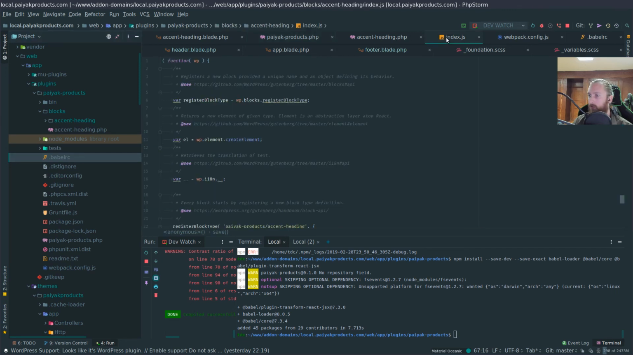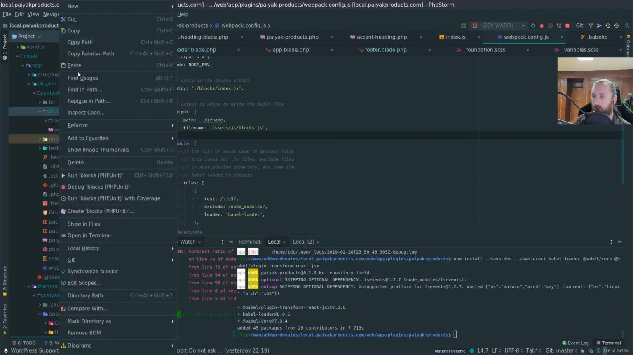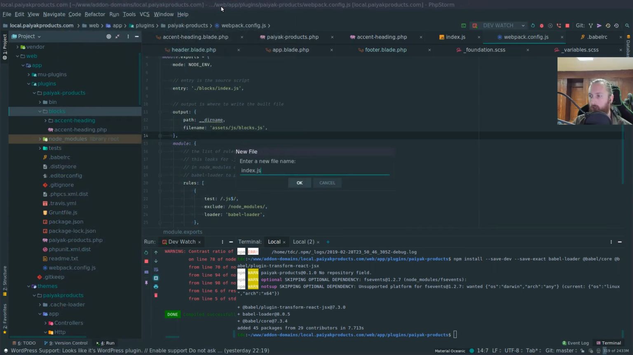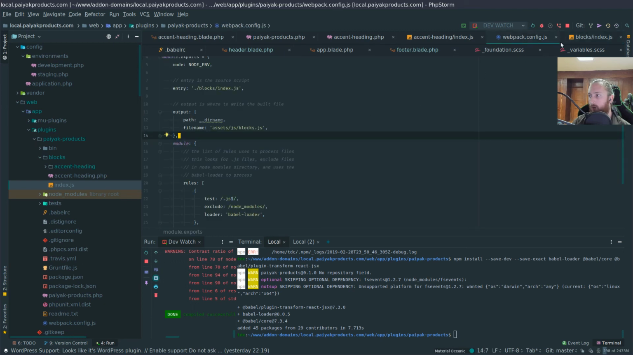Okay, so now what we have to do actually is, did I create index.js just now? No? I guess I haven't created index.js yet. Okay. Blocks index.js. So in here we create a new file, just index.js. I guess we have to require our